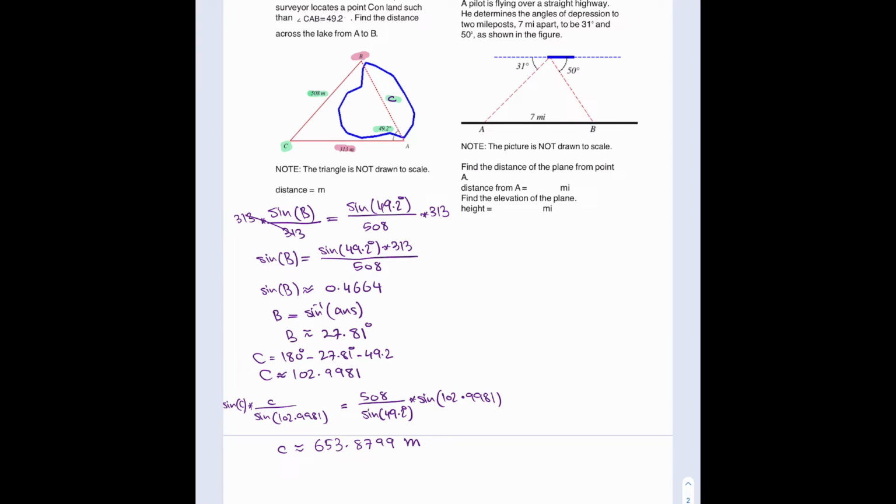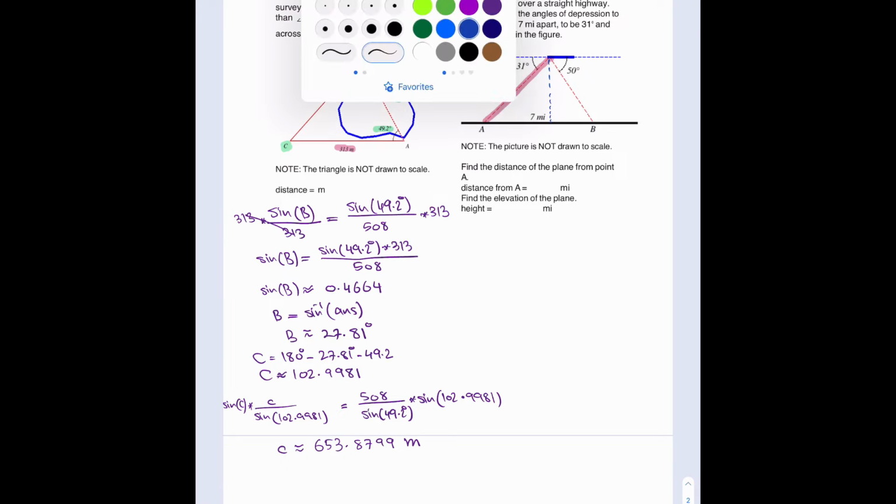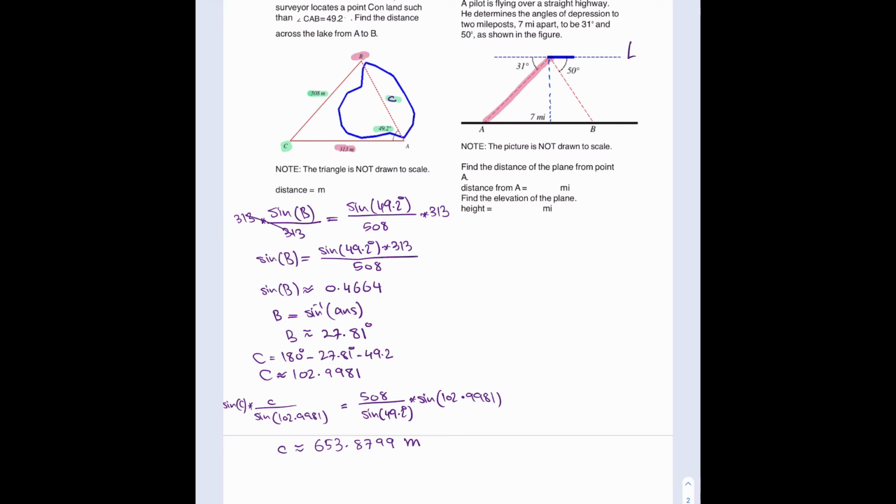So first we need to find this distance right here. Let me actually highlight that instead. And then we need to find the altitude of the airplane, which is basically the vertical distance from the airplane to the highway. So if I call the first line here L1 and the second line L2,